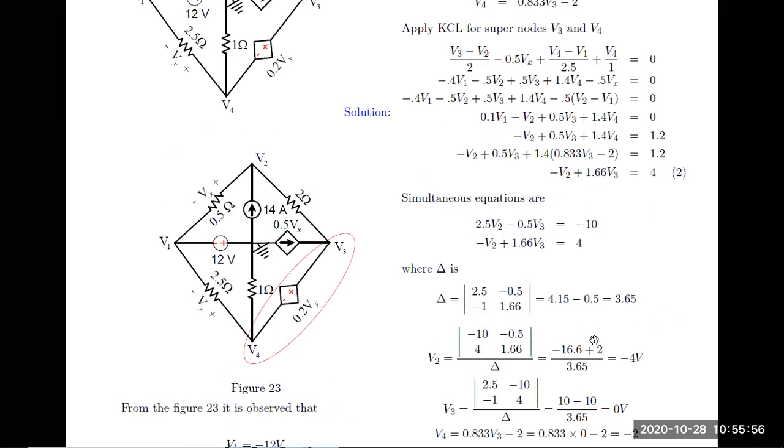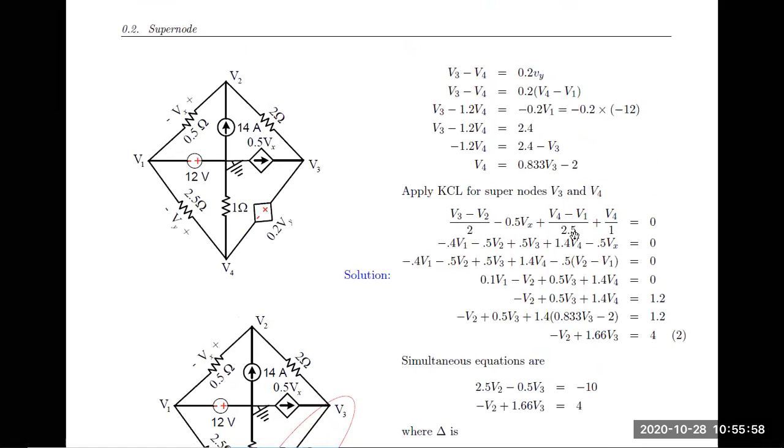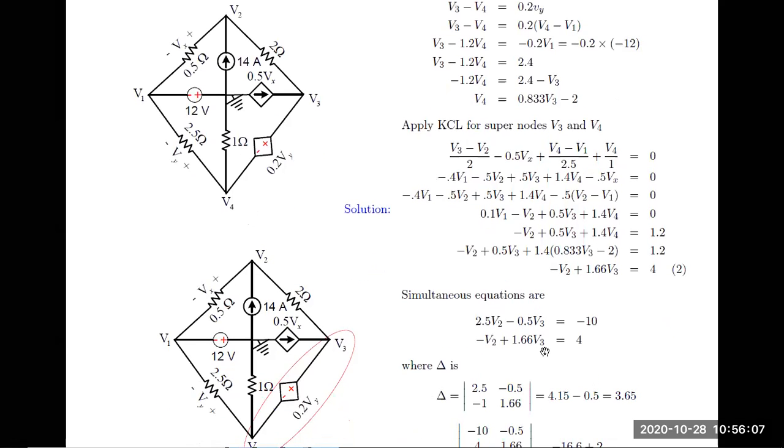Simplification. So solving this equation, what I actually did is try to simplify this to bring it to only 2 variables, V2 and V3. You can take V4 also. V1 we already know. How many variables are there? 1, 2, 3, 4. These are the unknowns we have to determine. In that, 1 we already know. Remaining are 2 and 3. But in the end, for the simultaneous equations, I brought only V2 and V3.